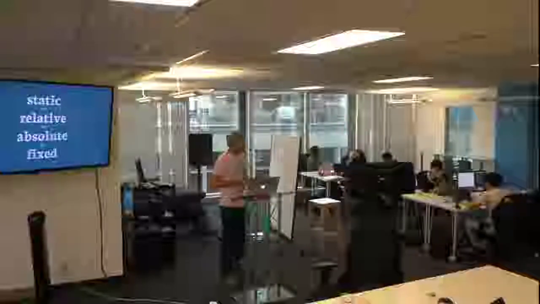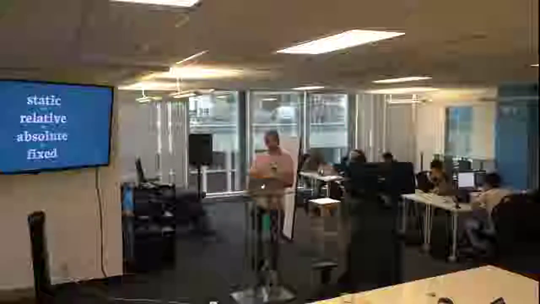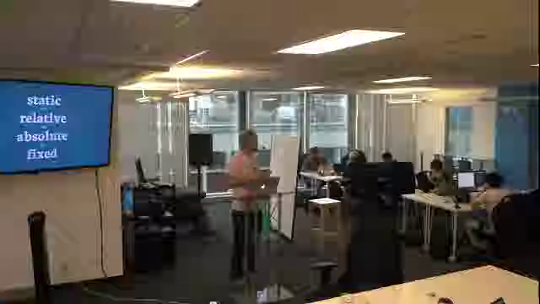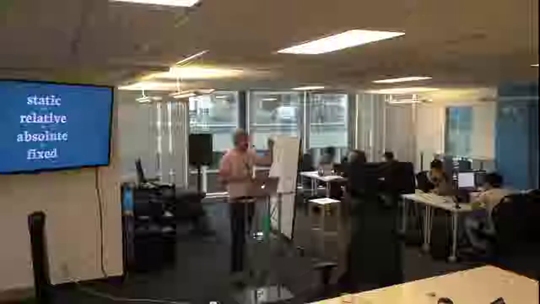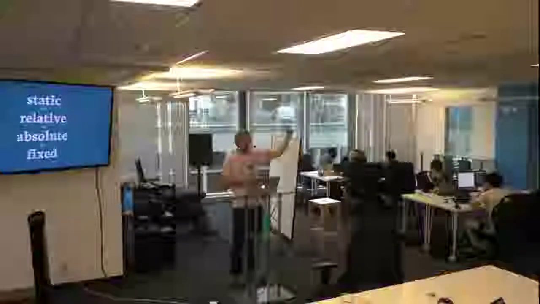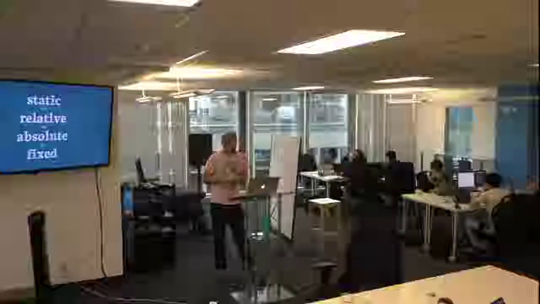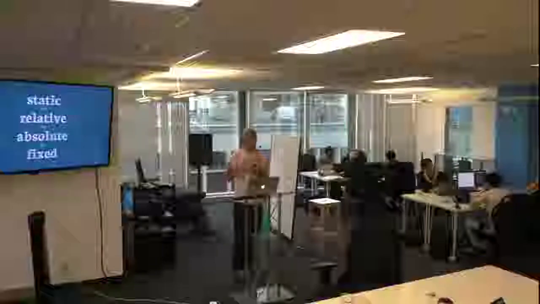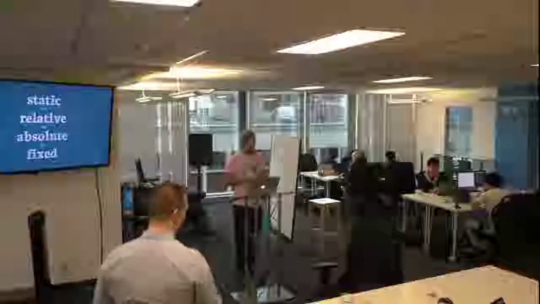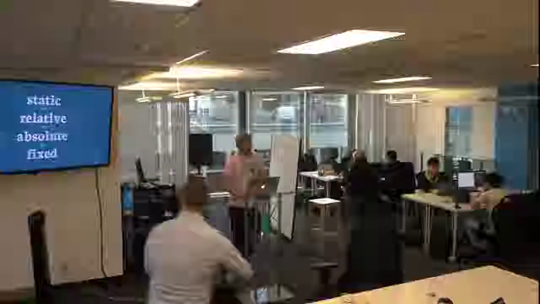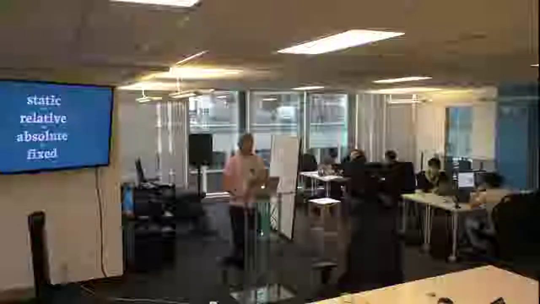And then we've got this idea of relative positioning, where if we set something's position to be relative, we have the ability to use some new properties: top, left, bottom, and right. So we could say that the top of this thing is 0, that would be the top of the document, or 200, that would be 200 pixels from the top of the document. Once something is no longer static, it is able to be positioned with the top, left, right, and bottom properties. So relative, absolute, and fixed all enable these other properties for us. We can use those now. And there is a slight difference between them.